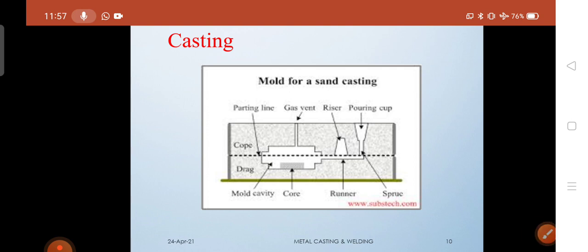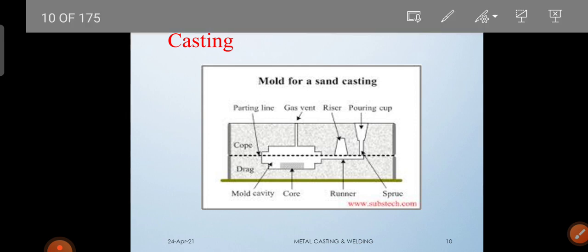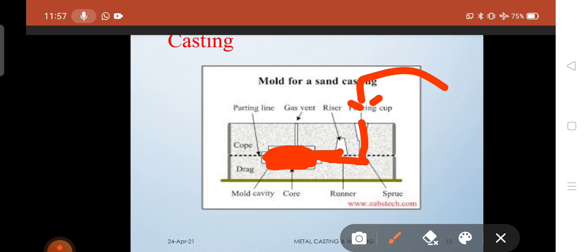The liquid material is poured from this pouring cup, and following the runner, it is able to fill this entire area. So once this liquid molten metal fills, it is able to rise here in the riser. Then we are able to understand the cavity has been filled.